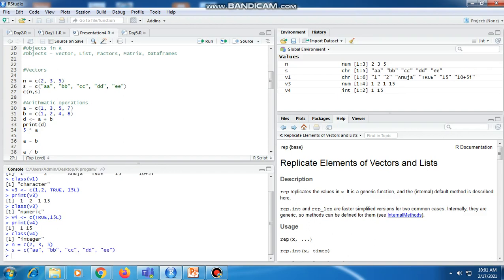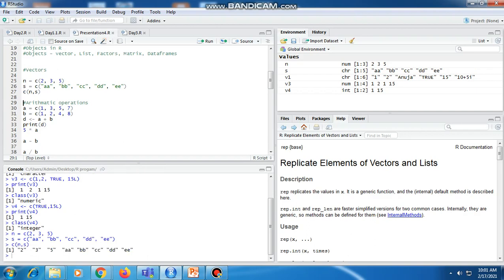If we want to see the value of this vector, we can write c of n, s. Its value becomes the concatenation of first the values of n, as n is passed as the first argument, 2, 3, 5, and then a, b, c, d.